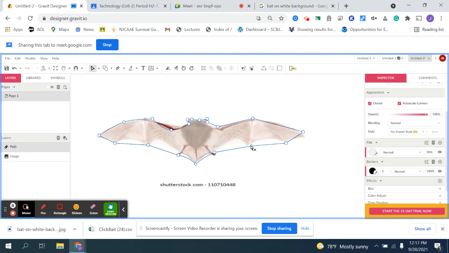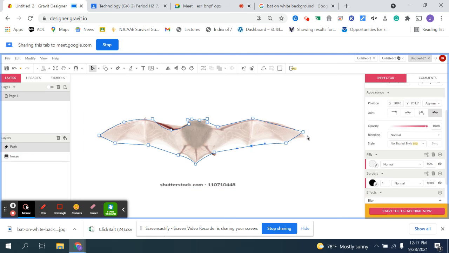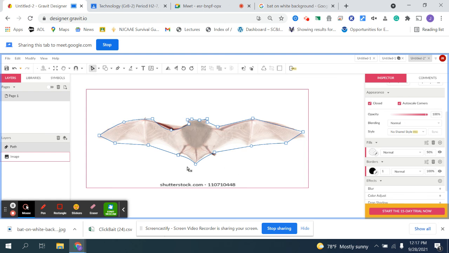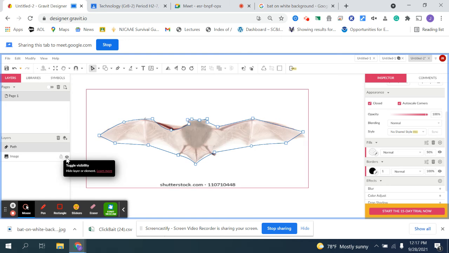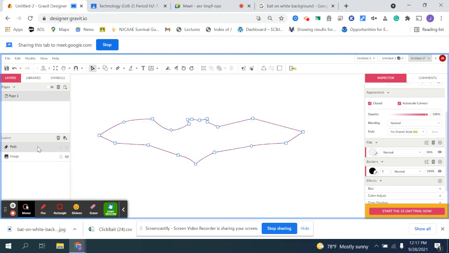So once I have these, I can grab these little handles and move them as I need to. All right. If I make the image disappear, this is what my bat looks like. It's okay. I want you guys to take a little bit more time. All right. Now that I have that, I click on my path